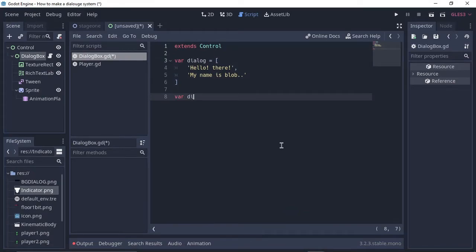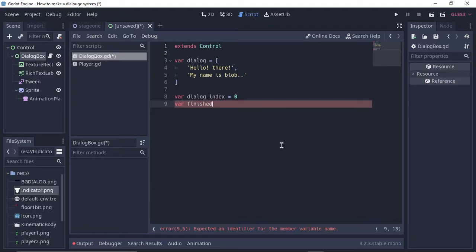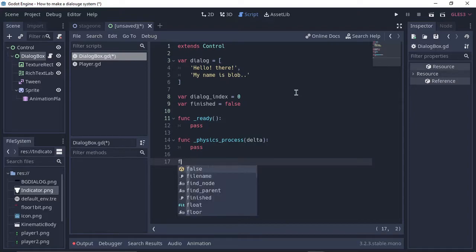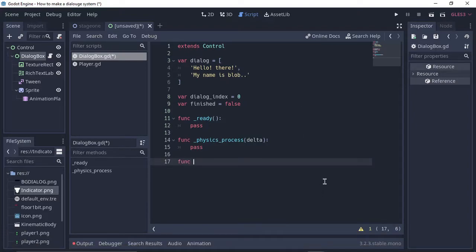So I'm going to make another variable called dialog_index equals 0, and var finished equals false. Now we're going to be creating our functions, and that would be the ready function. You can just pass it. I'll be getting into their uses soon. And we're going to create a physics process and pass it too, and then create another, a custom function called